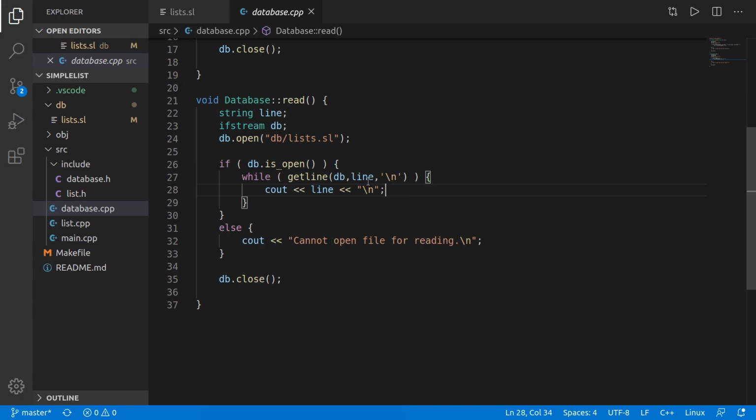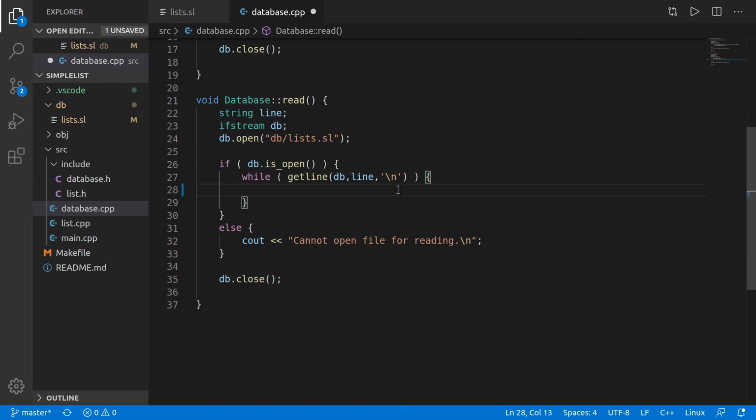So I'm going to go back here, and let's go ahead and make some edits here for this read database function in order for us to be able to use the new list format. So in this while loop, I'm going to make a little bit of a change. And what I want to do is first detect whether or not I have a hashtag to define that